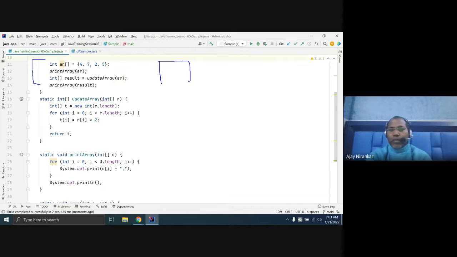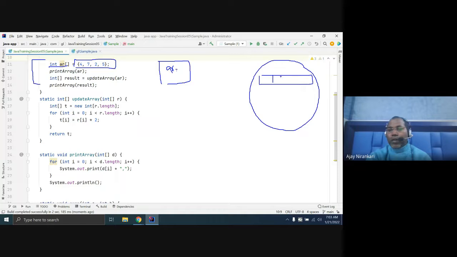In this stack memory, the ar variable is created. Its value says I am an object, so this array object is created inside the heap memory, and this 4 element array is created. Whatever values you pass here, like 4 7 2 and 5, are referred to by this. Is it clear?